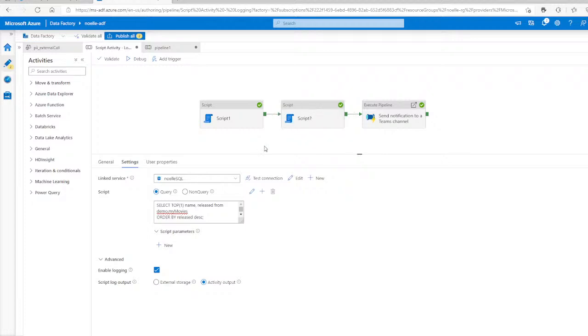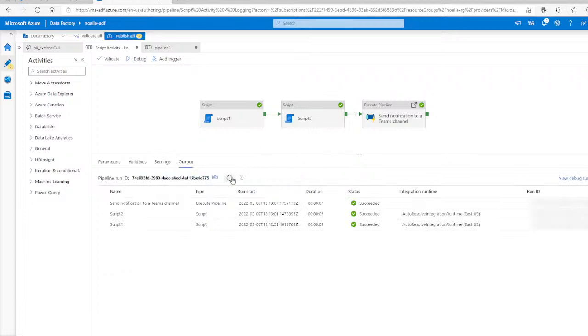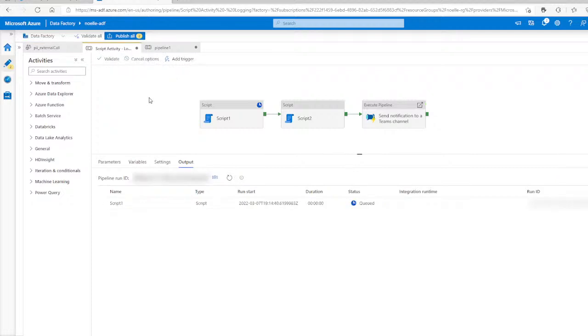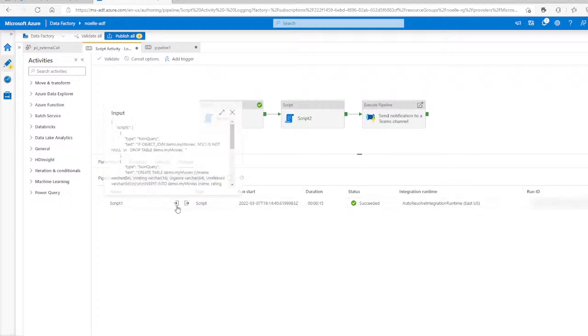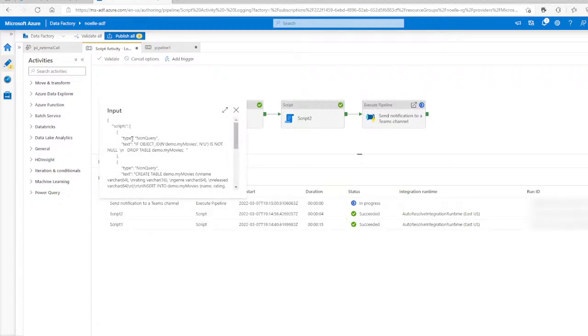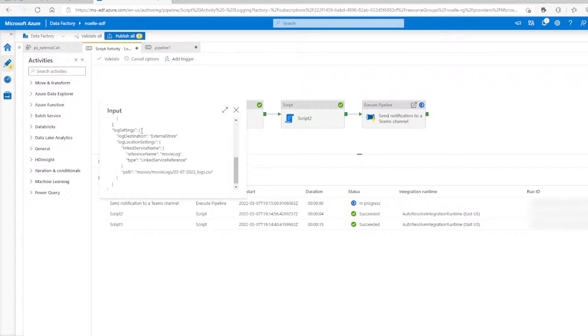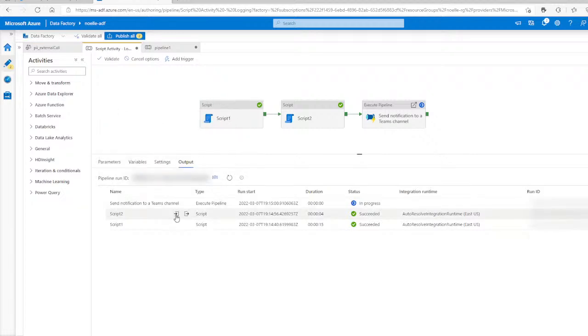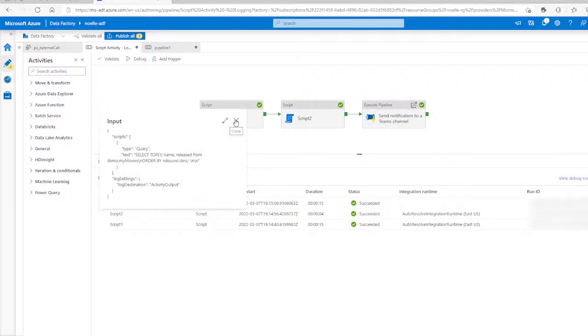Cool. So if you wanted to take a look at what happens when you run this, we can easily debug this, and we can see how it runs. If you'd like to inspect what's happening, you can even read the queries that you've set up. You can look at if you have any log settings set up. For this one, I did send the logs out to an external store. For this one, I just added it to my activity output, and as you can see,